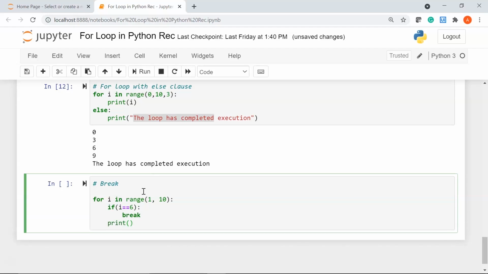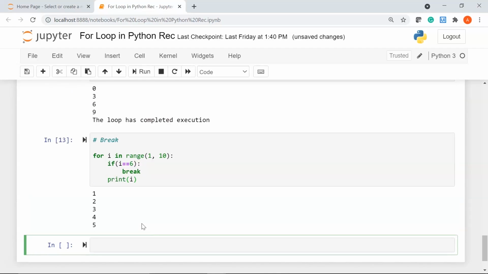Next we'll print i. So here what we are doing essentially is we are iterating over all the values from 1 to 10, and whenever the i value becomes 6 we come out of the loop and print all the values we have iterated so far. Let me run it and we'll see the result.